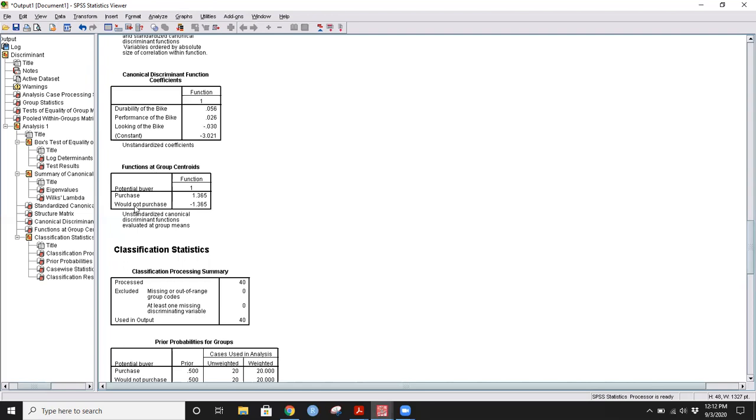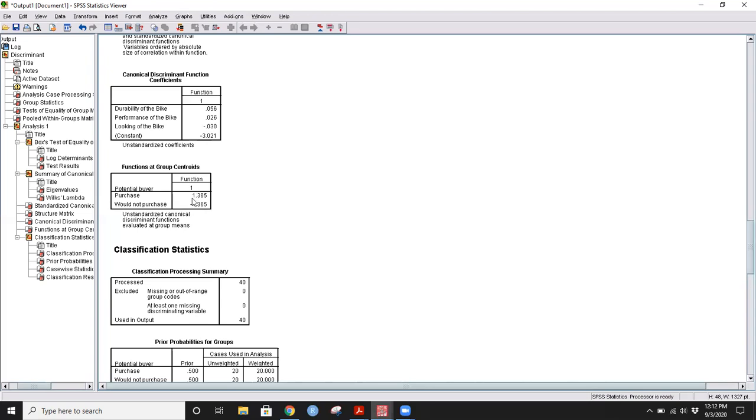There is a furtherance to the centroids also. Once you have these centroids, I can say this is D1 and this is D2, calculated from my overall discriminant function for Di. D1 is for group 1, that is purchase, and D2 is for group 2, which is would not purchase. In a two-group discriminant analysis, the classification is indeed beautiful. If you take a weighted average of both of these centroids, you can come up with a discriminant score which acts like a cutting score.